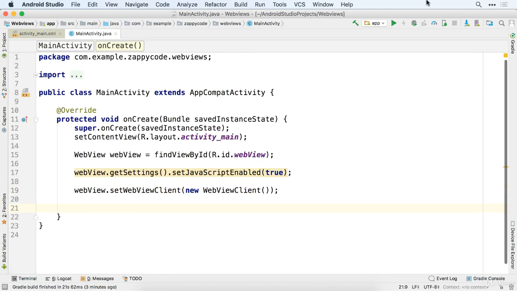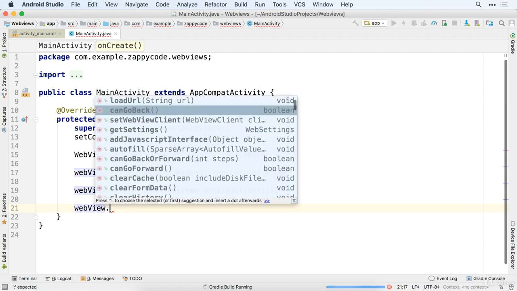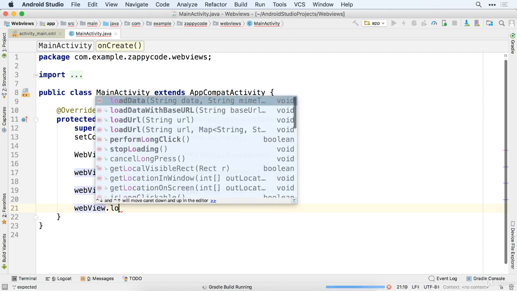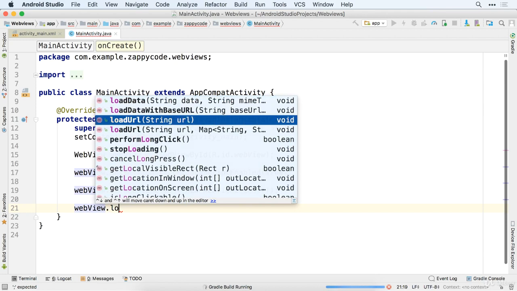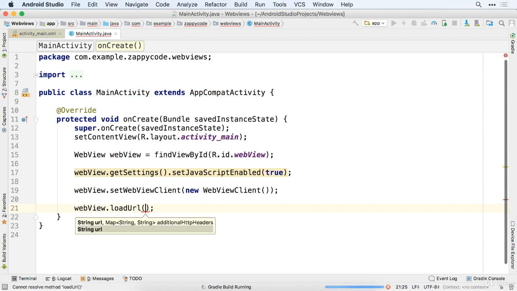Then it's simply, and let me go ahead and get the emulator up and running here, that'll take a second. Then we want to go ahead and get our web view, and we want to give it a URL that we want it to go load. So we're going to say load URL, and here we just simply pass it a string. With this, make sure you give it the full http://